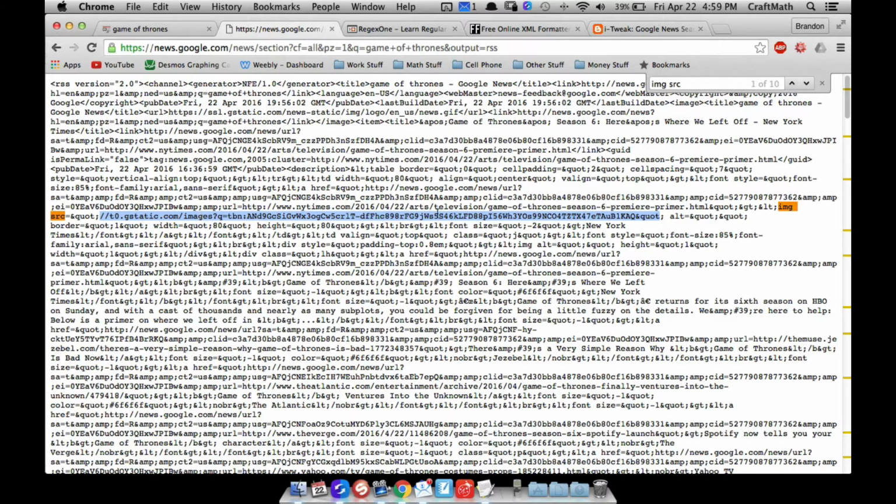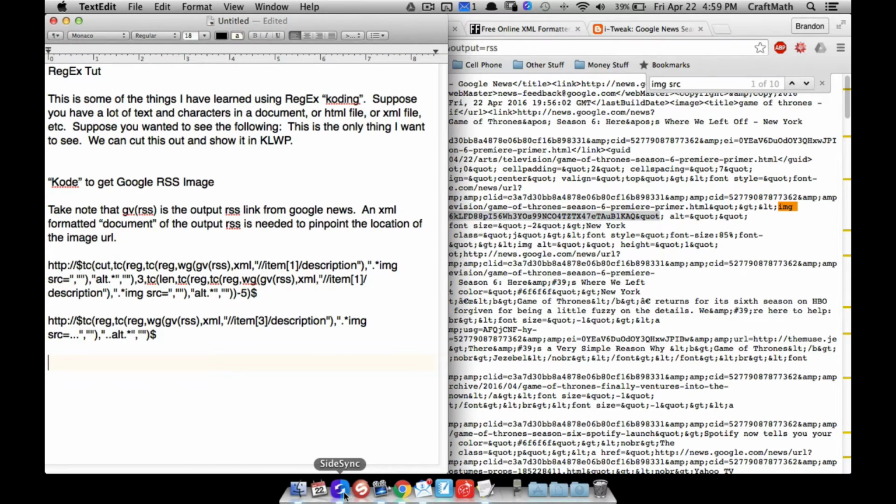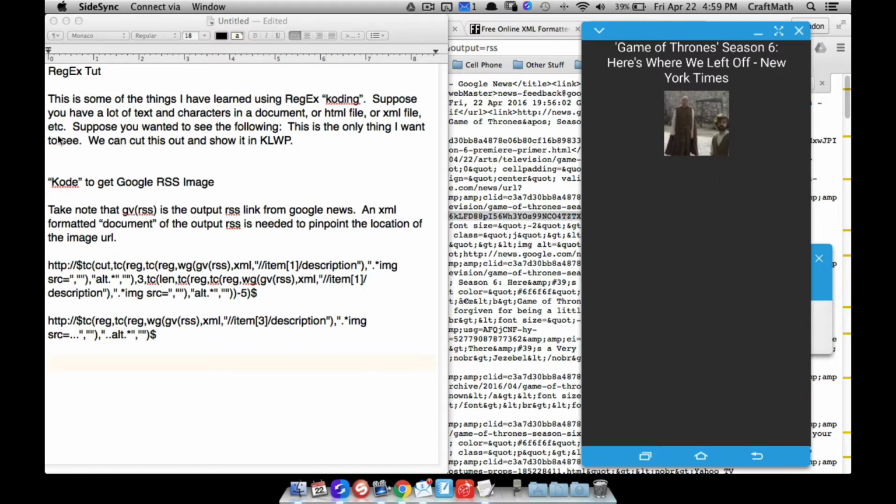Ultimately, we want to be able to cut this thing out, but I'm not ready to show you that yet. What I want to show you first to get you used to it is how we can take this paragraph and cut out pretty much anything we want. If you can follow along with this paragraph and do this, it pretty much works the same way down here with working with an XML file or something like that. You may have to do some modifications, but if you want the code right now, either this code will work,